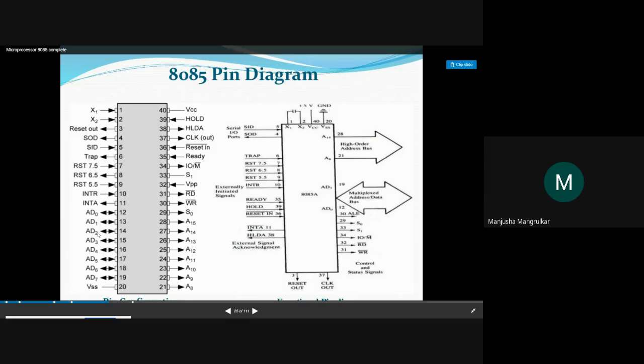AD0, AD1, AD2, AD3, AD4, AD5, AD6, AD7, and ground, right? A8, A9, A10, A11, A12, A13, A14, A15 address pins. S0, S1, which are status pins. Read, write, VPP. This is IO or memory. Ready, reset,